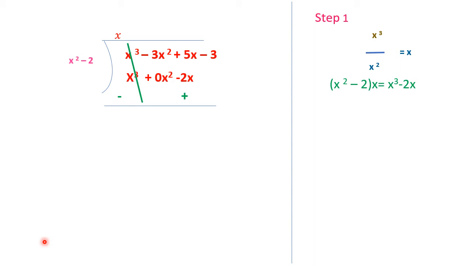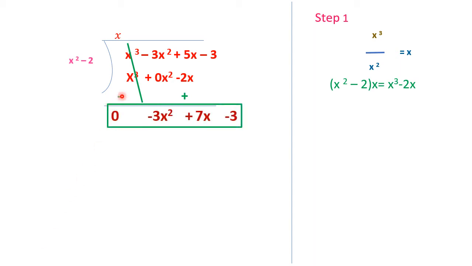See over here. You can see the first term is 0. Minus 3x squared has come down as it is. 5x plus 2x. Don't forget this minus. Now you have to think of only plus 2x. So 5x plus 2x is equal to 7x. Bring this minus 3 as it is in this position down. Just push it down. Now what is the next step?